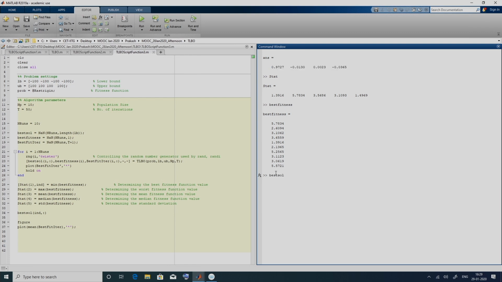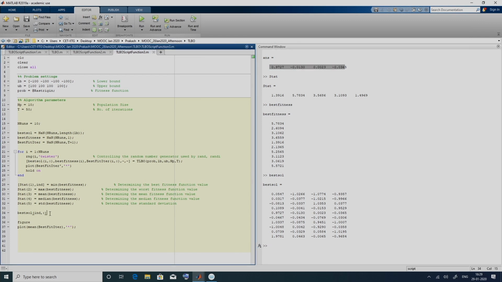Remember it will be a 10 cross 4 matrix. The fifth one, 1, 2, 3, 4, fifth one is this one, which is what was given over here. That is how we extracted the best solution.